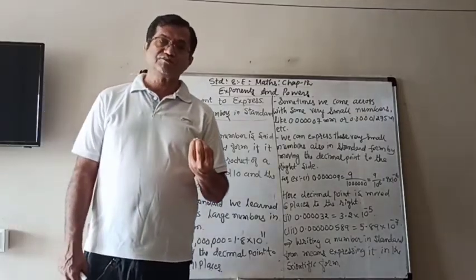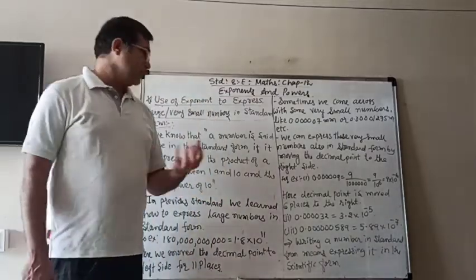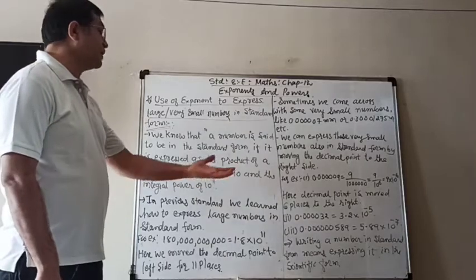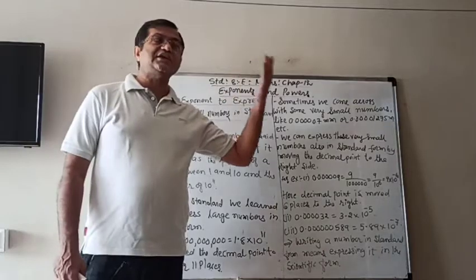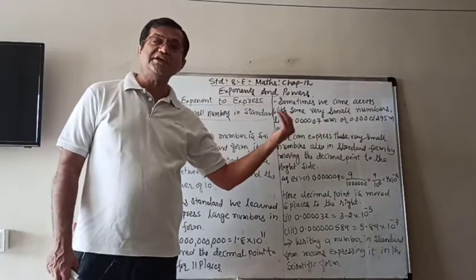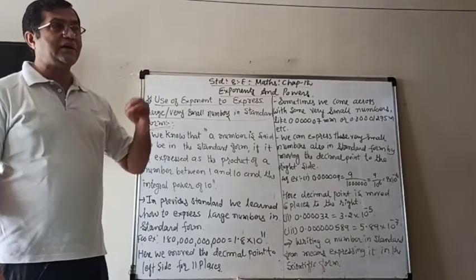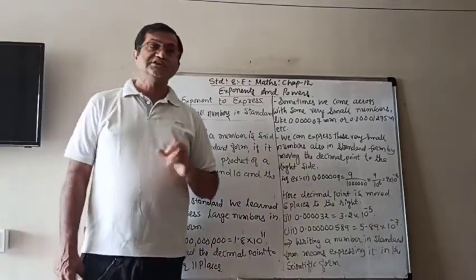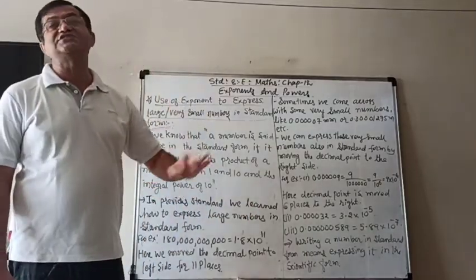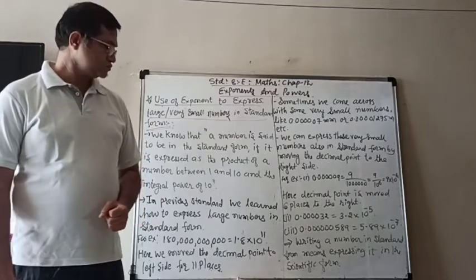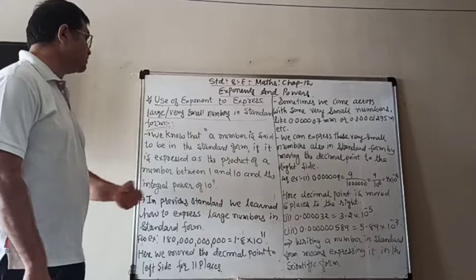in which we move the decimal point. We move the decimal point to the left side, because the decimal point is at the right side, and then we need to move it, because we need the decimal point just after the first non-zero digit in the number. So let us recall that memory, how we wrote that one.